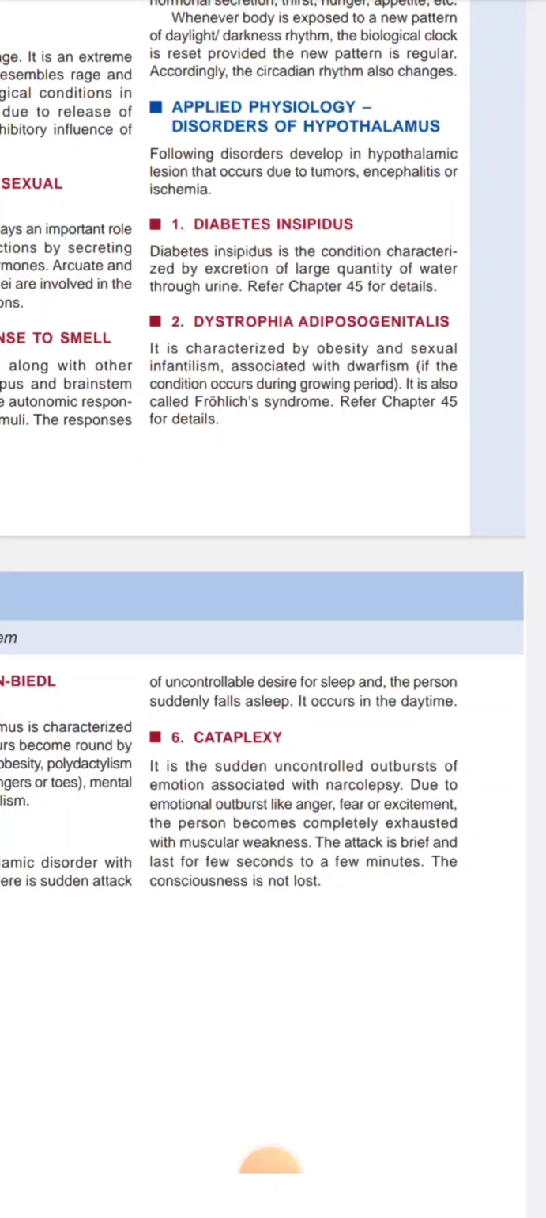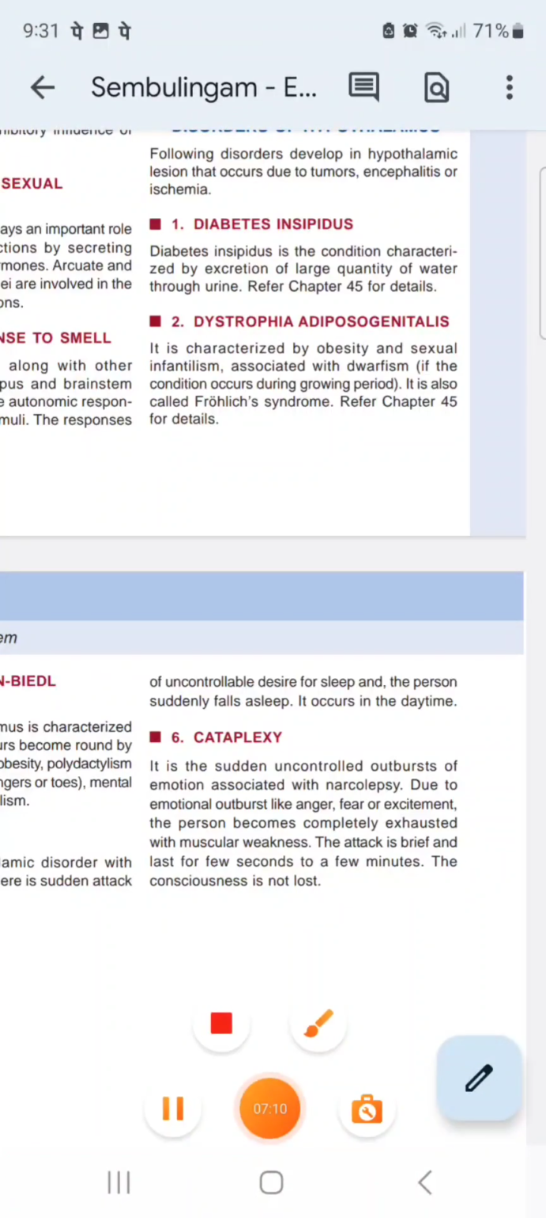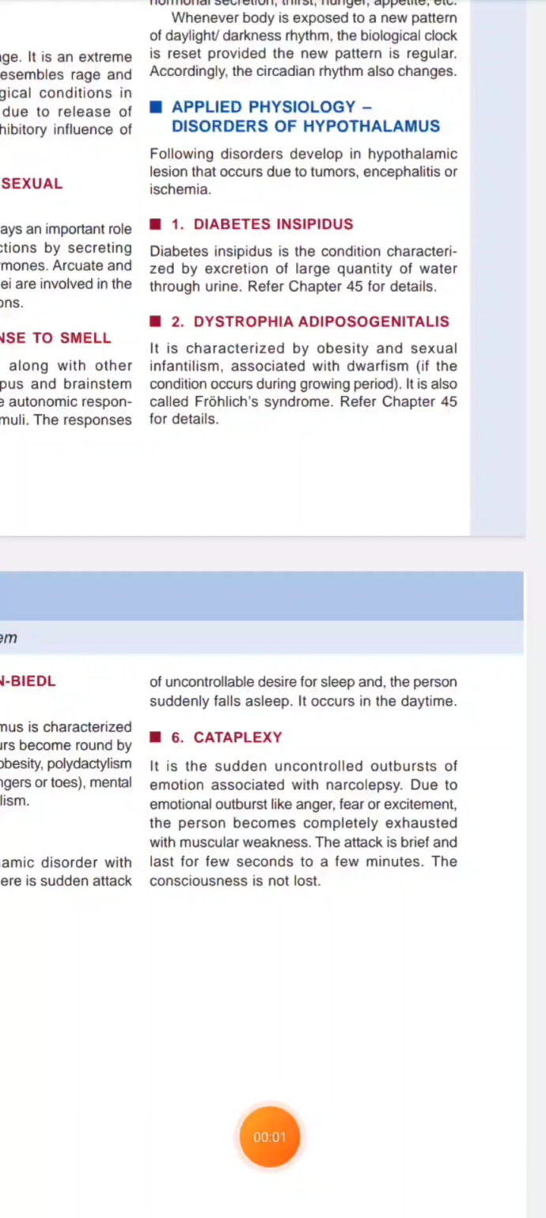dystrophia adiposogenitalis means this disease is characterized by obesity and sexual